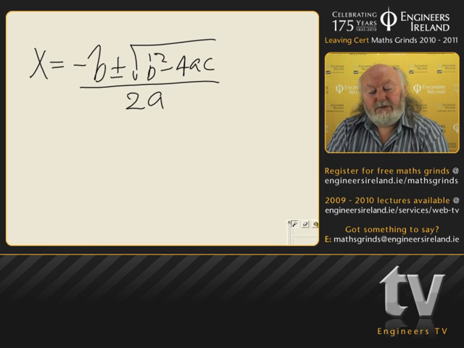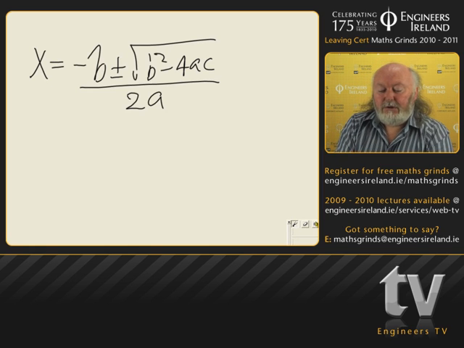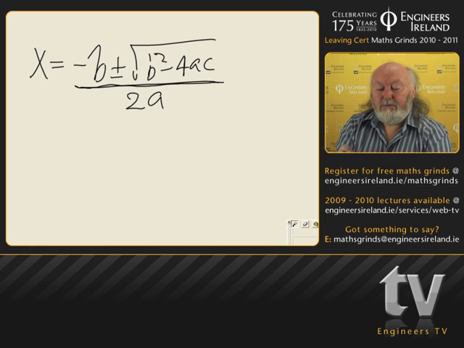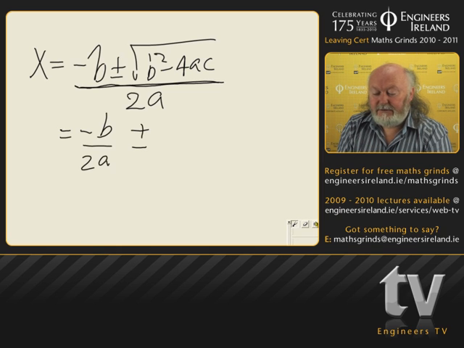When you go through this equation and learn it off, you should be saying minus b plus or minus the square root of b squared minus 4ac all over 2a. The word all is really important. If you learn that off by heart, you will always draw that line under both terms, because in reality what we have here is a minus b over 2a plus or minus